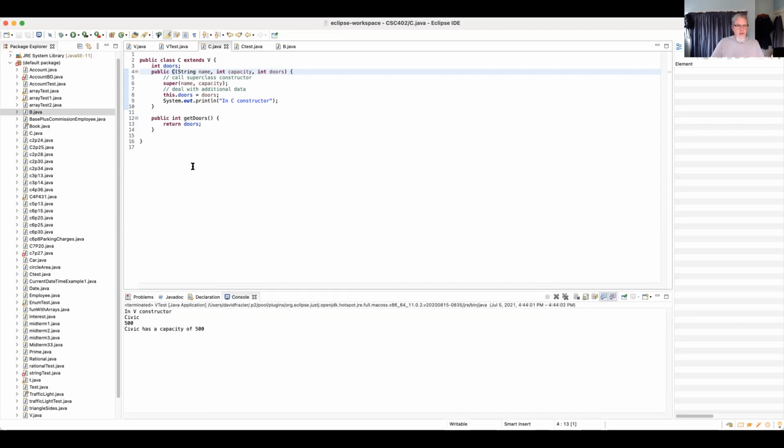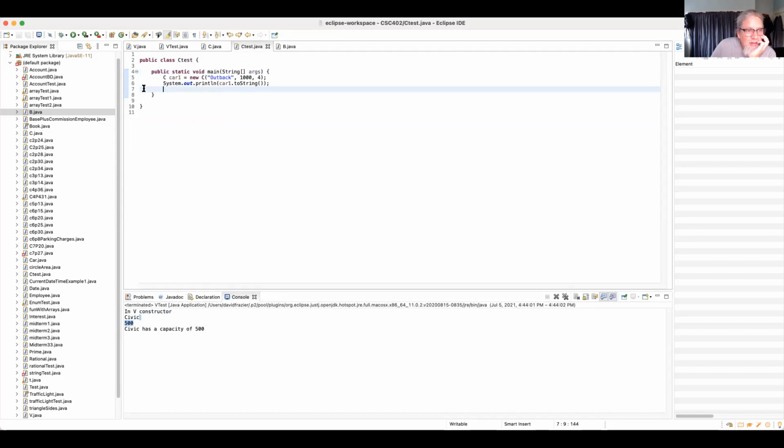Okay, so I'm in the V constructor. Okay, and then for some reason, why didn't it do that? Oh, I'm not in the test. There we go. Let's go in the test. Here we go. When I create this new car, which is Outback 1004 for 4 doors,